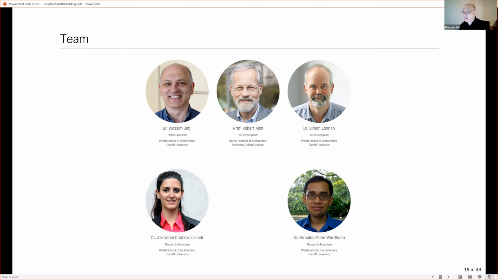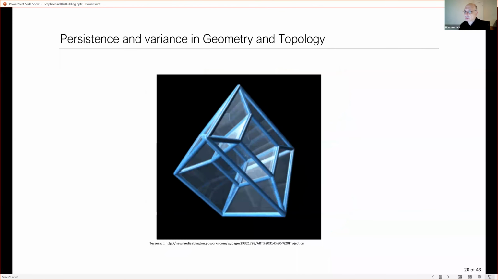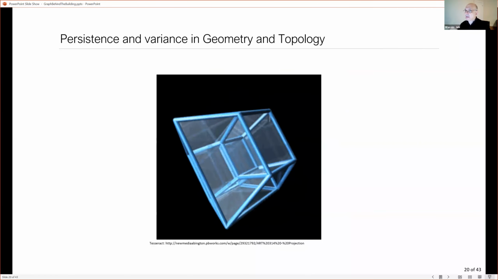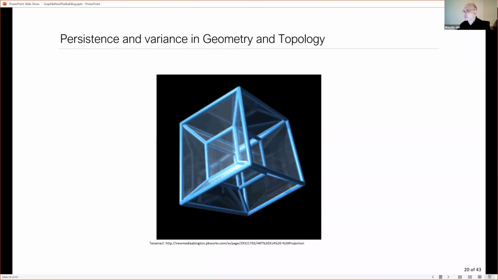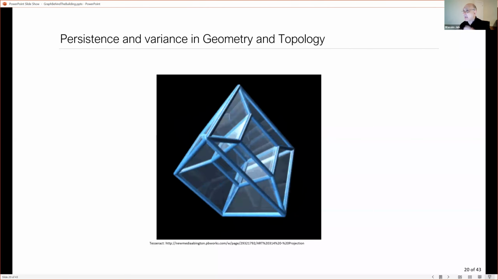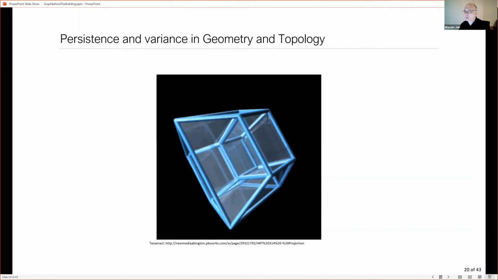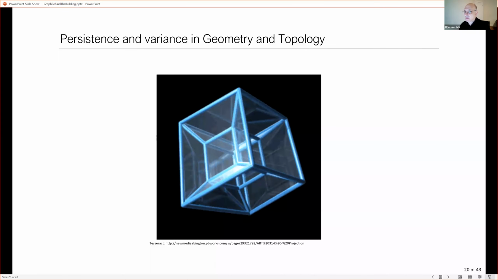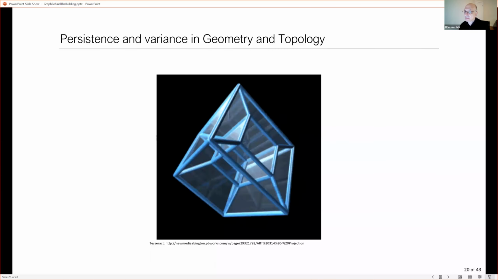Katerina now is a lecturer with us at the World School of Architecture. We're really lucky to have her. Nicholas moved to greener pastures. He's a computer scientist. He has a PhD in computer science. And he was really one of the main people that developed the C++ underlayer of Topologic, which we still use to this day. And this project, as I said, finished in 2019. But actually, since then, that's when the exciting stuff happened, because I kept moving it to different platforms and adding more nodes and more capabilities to it written in Python. So now it's actually doing a lot more than it did back in 2019.